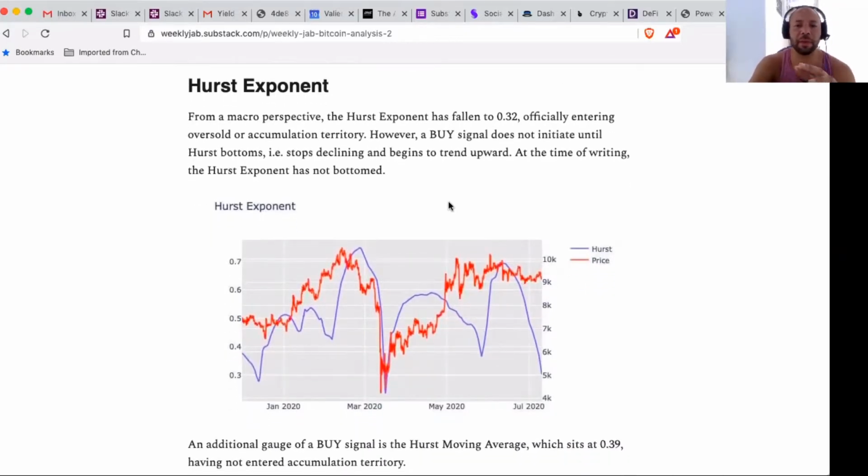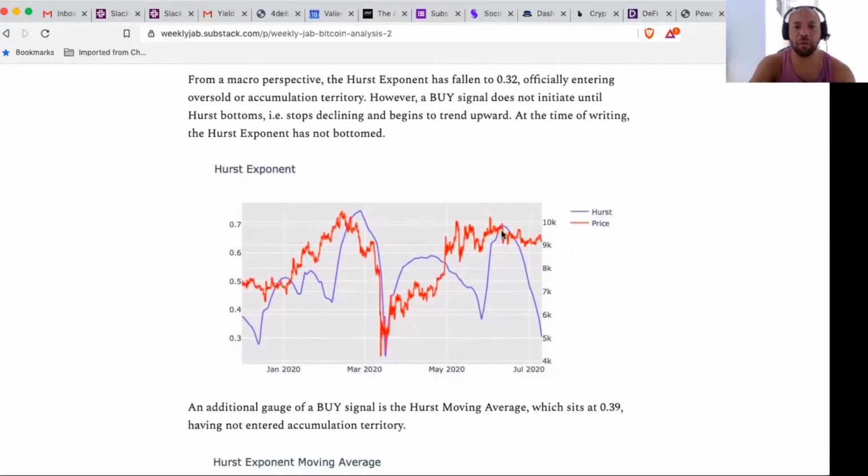So the Hearst exponent has continued this large precipitous decline since peaking out at the beginning or late May. It touched 0.7, we talked about it yesterday, and it has proceeded to drop quite strongly since then. Since Hearst peaked, price has been in a downtrend, but for the most part it's been fairly resilient, which has caught many onlookers by surprise, myself included, especially considering the slope of Hearst and seeing how fast it has dropped.